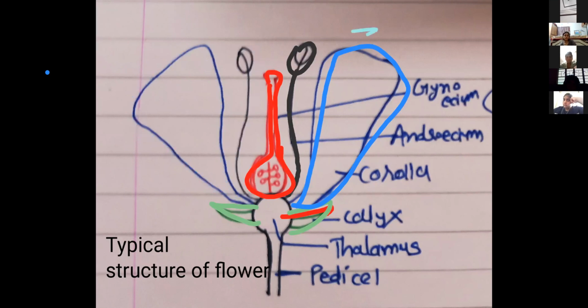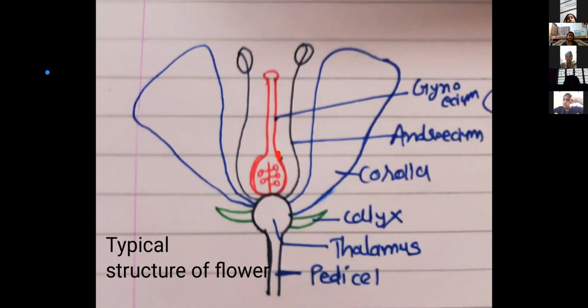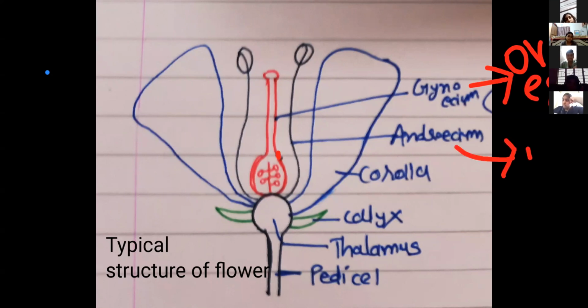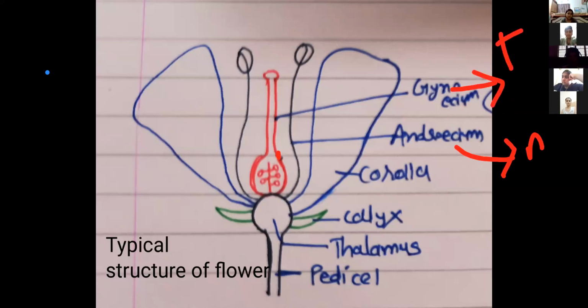Clear now? Now next, out of these four, see gynoecium, in that ovary, which forms the ovule, in that the egg cell is formed. Androecium, or in short, you remember it this way: gynoecium forms the female gamete and androecium forms the male gamete.